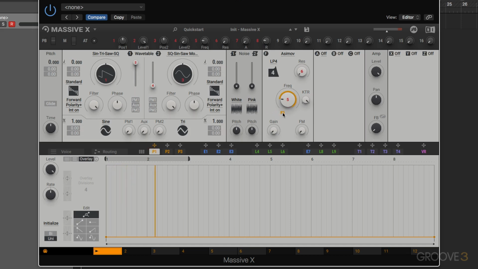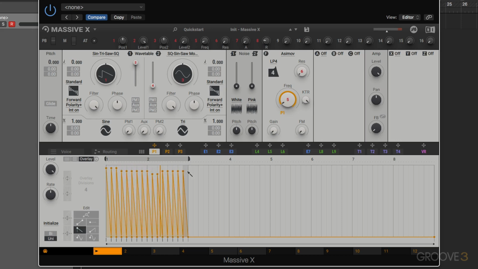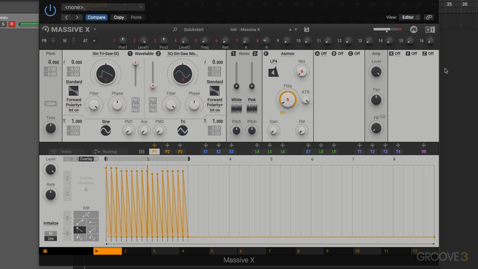Drag it on. Okay, so there's a couple of different ways that we can compress and stretch our grid to create interesting rhythms. So what I'm going to do is just put in a quick pattern here. Okay, so we can hear that. Now, first of all, what we can do is select